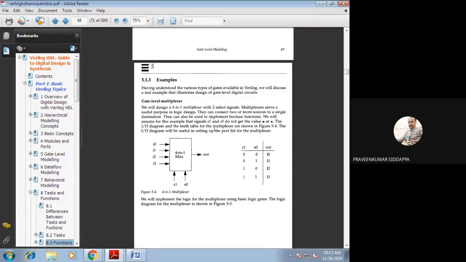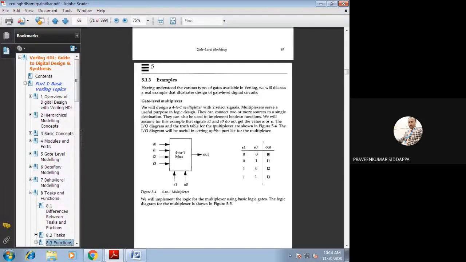Once you get the logical diagram in your answer, only then should that diagram be converted into Verilog code. Without drawing the logical diagram, we cannot write the gate level modeling. So first I will explain the designing part, how we should design it if any title is given in your exams.